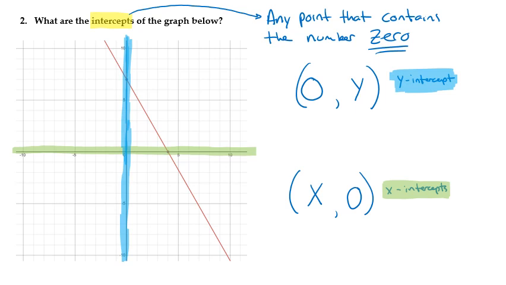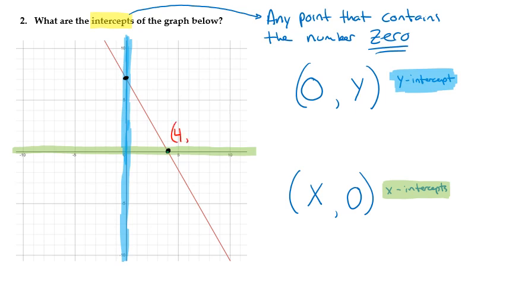So let me make these points here a little bit bigger so everyone could easily see them. There's a point right about there that's labeled on the graph, and there's a point right about there that's labeled on the graph. So what are those points? We're looking for those points, the intercepts, and we could read them directly off of the graph. So each of these little squares on the graph, one of these is 1 unit. So this black point on the green, on the x-axis, looks like it's at the point